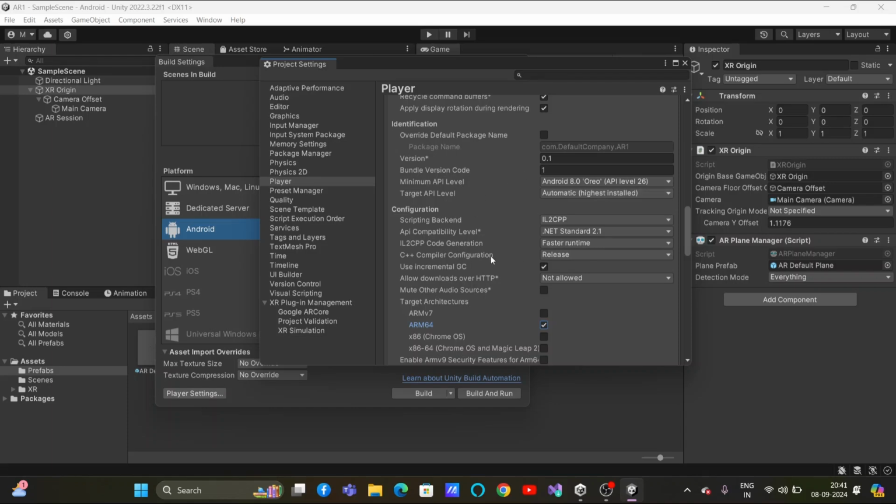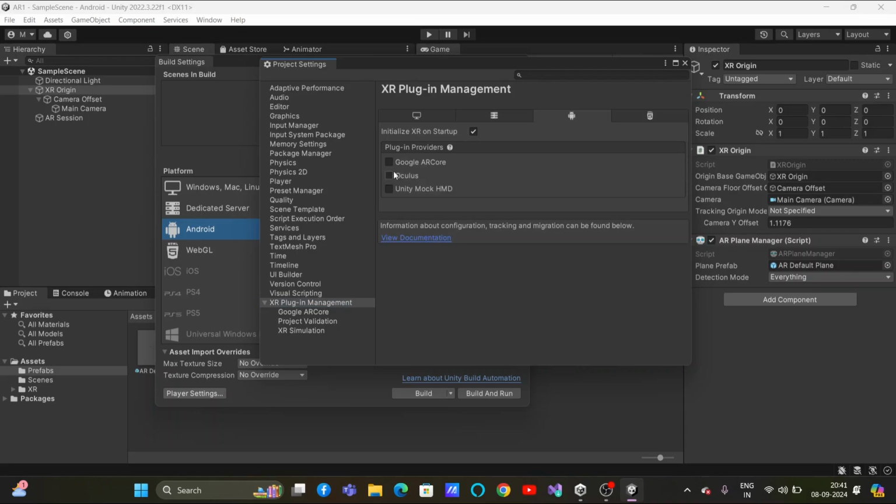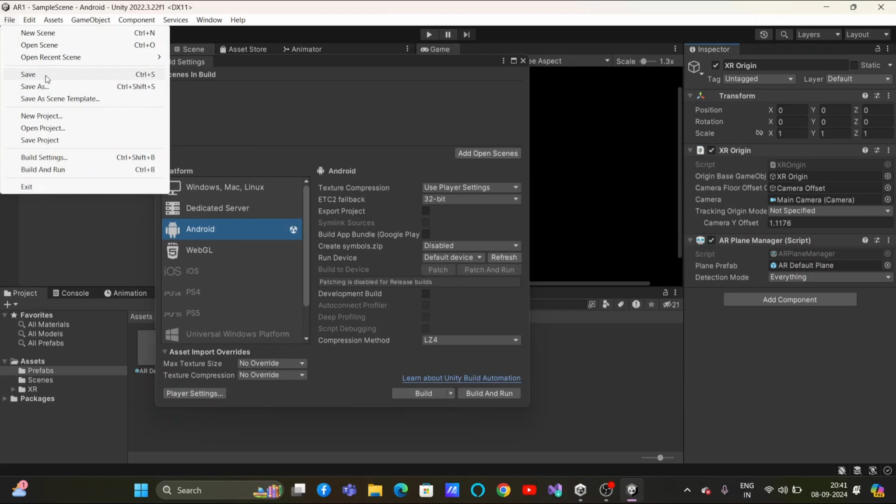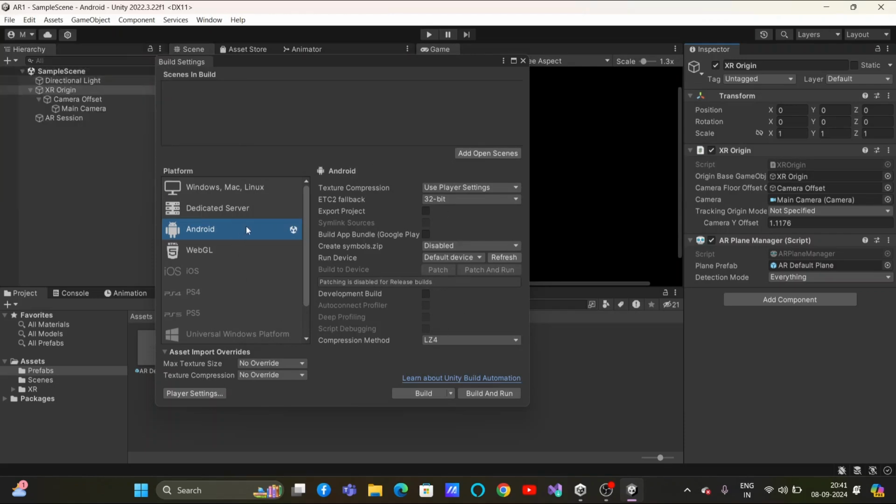Once these modifications are done, go to XR Plugin Management, select that and check this Google. You make sure you're in Android. By default, it will come if you have switched the platform. Then select Google ARCore. Once these modifications are done, you can close. Okay. And then make sure you're saving your file, and then in the same window of build settings,